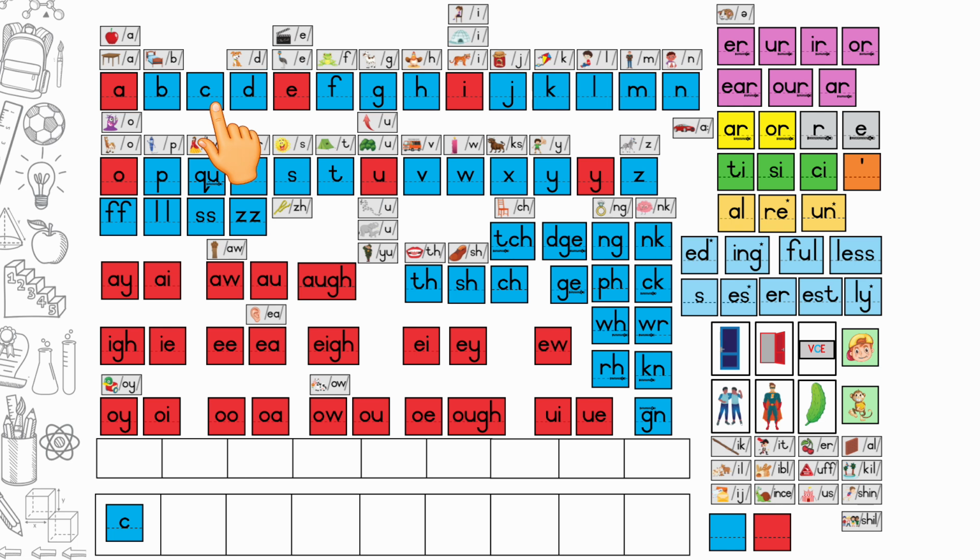So now your hand moves to the K. On top of the K, show all the children the kite sound and put it down on top of the C. Once you're done with that, you use this sound, the sun sound, that's on top of the S letter, and you are going to use that for C. You will remember it's only when the C is followed by E, I, Y.